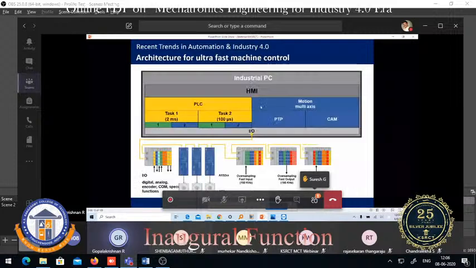But when it comes to allocating it in a real-time mode, the control gets the highest priority, and the normal PLC